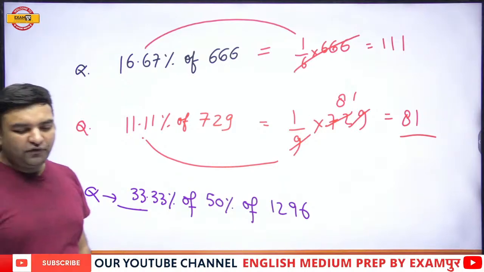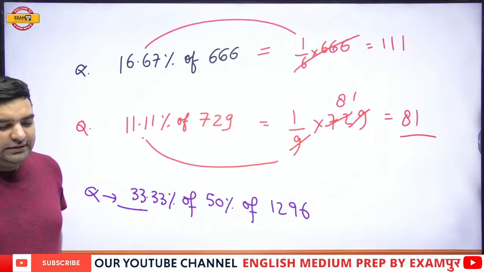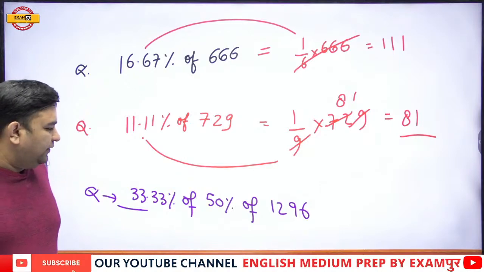Thirty-three point 33% of 50% of 1296. 33.33% of